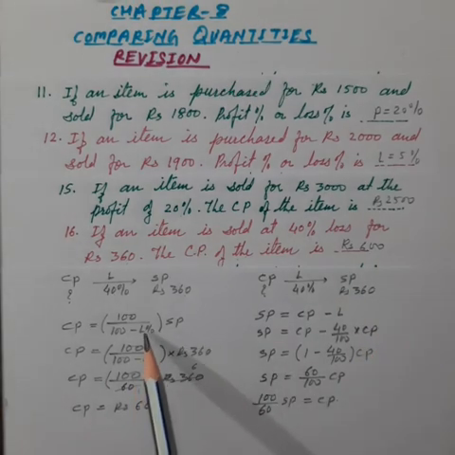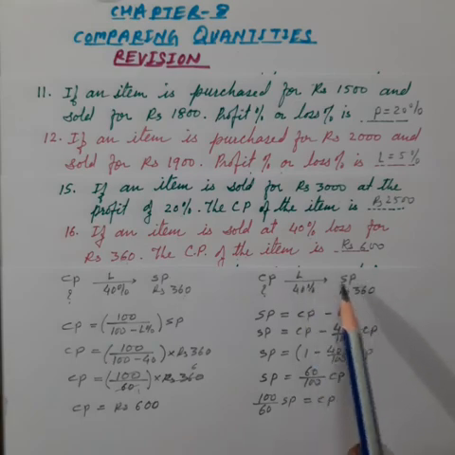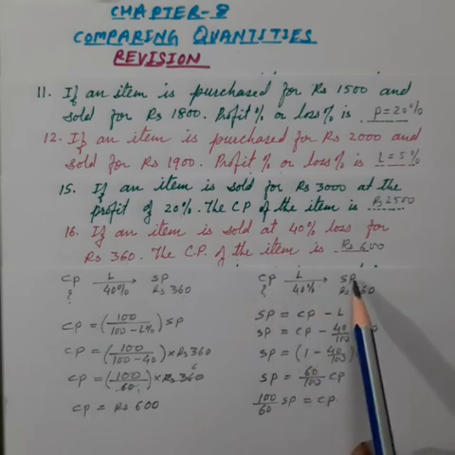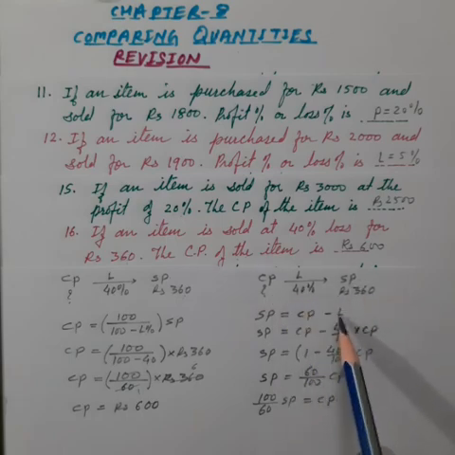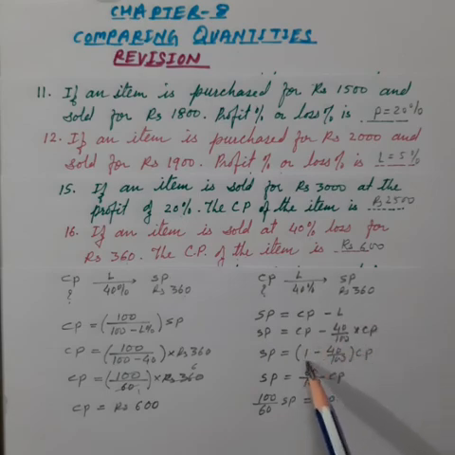If you don't remember this formula, you can do in this way also. When there is loss, selling price is smaller than cost price. So to find the selling price, we have to subtract loss from the cost price. Here loss is given in percentage. So 40% of cost price. Take cost price common, calculate this part and interchange the sides and then put the values and get the answer.